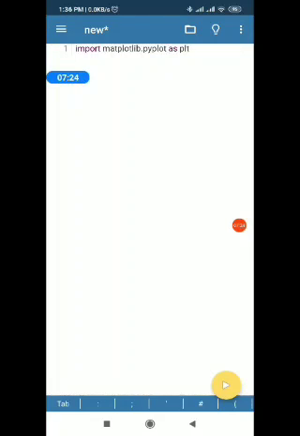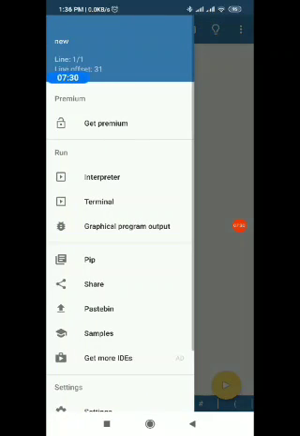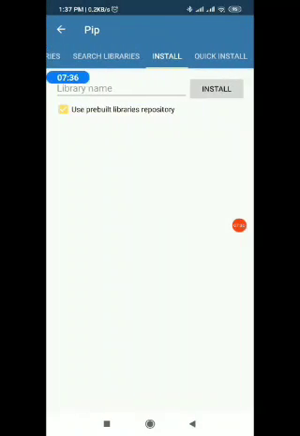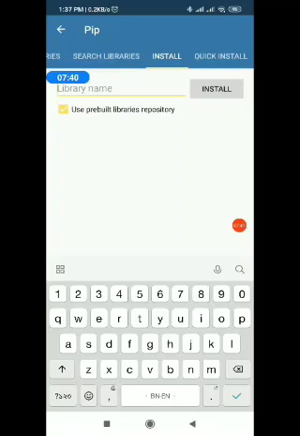Can you see the 3 dashes? If you click here, you will get the PIP editor. Click on that. Here you have to write the library name. Say I'm writing pandas over here, and use pre-built libraries repository. Uncheck it. Click on install.